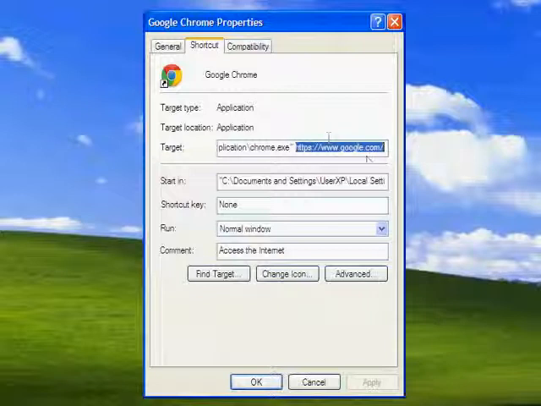So I modified it and put google.com so that it opens as my home page whenever I open Google Chrome. If I give some other website, it opens that. So that means this is an argument or a parameter for this executable file chrome.exe. When the system was infected with some kind of virus or malware, I don't know exactly what it is, I found a registry key entry here with HKEY, some details and some values were given. Some HKEY value was set, and that value was given as the argument for Google Chrome.